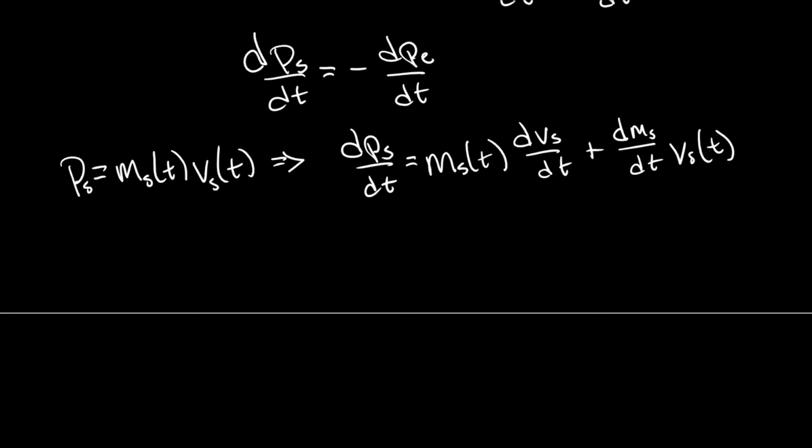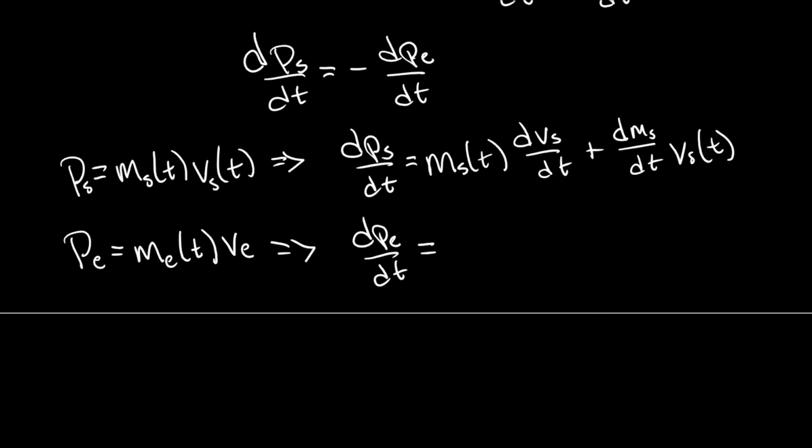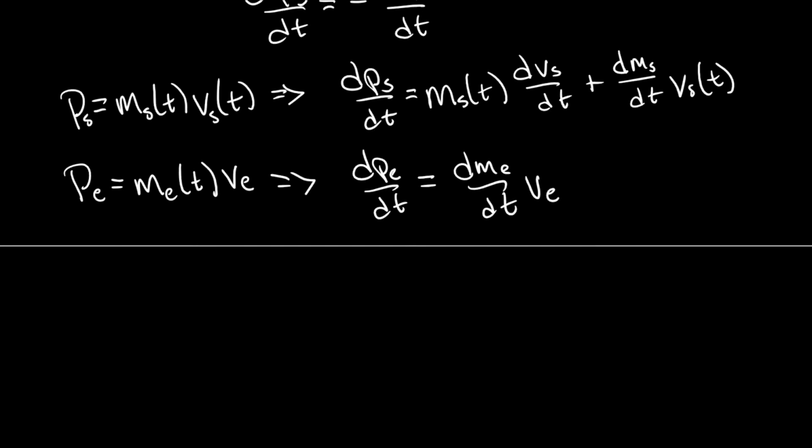And now the exhaust velocity. The mass of it is changing, but since we're always shooting it off at the same velocity, that's actually a constant, which tells us that dP_e/dt is just dm_e/dt times the velocity of the exhaust. Okay, great. So now we can just set these equal to each other, but before we do that, let's actually